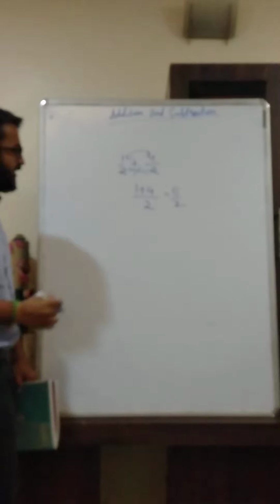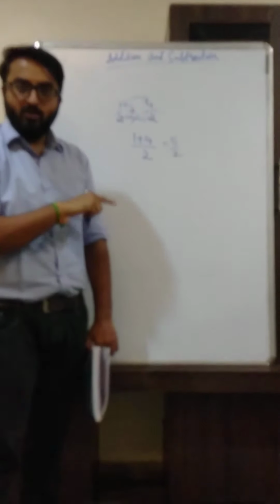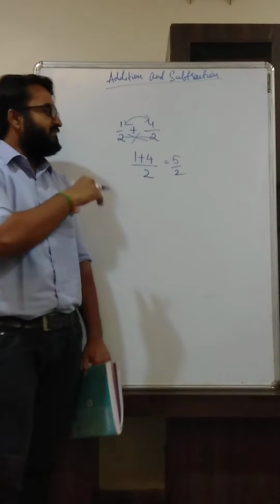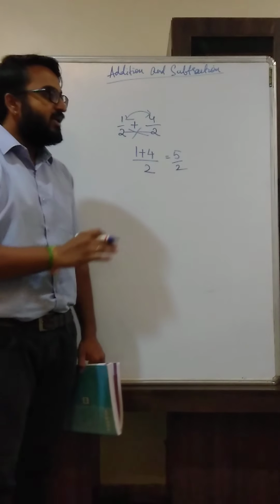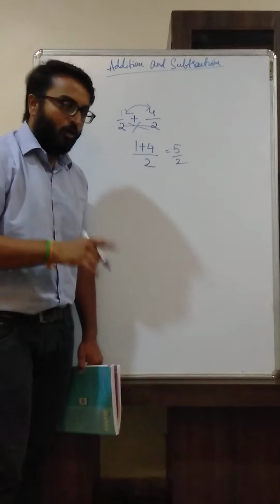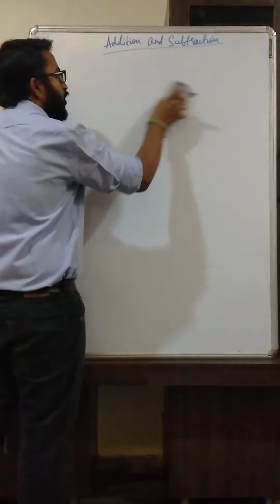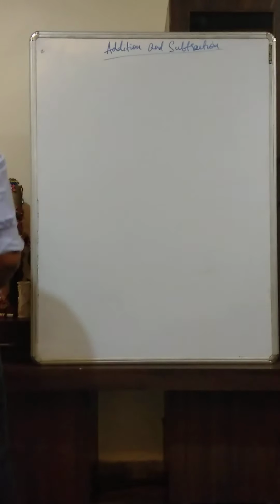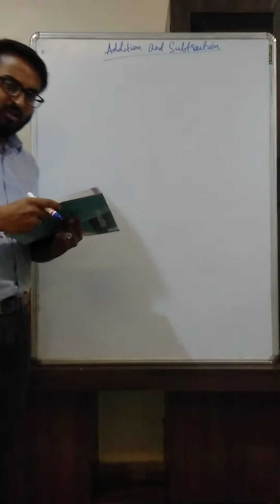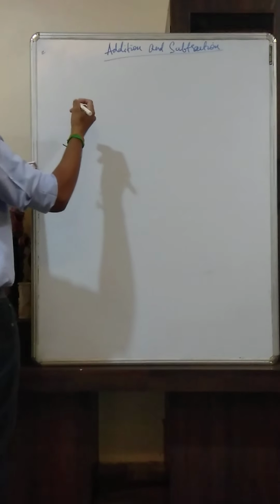Now see, I added two fractions. Both fractions have the same denominator. So you have to make the denominator same. It may be 2 fractions, it may be 100 fractions, but it doesn't really matter until they all have the same common denominator. So how do you generally make the denominator same? Is just by taking LCM. So without taking LCM, it is not possible to make the denominator same.